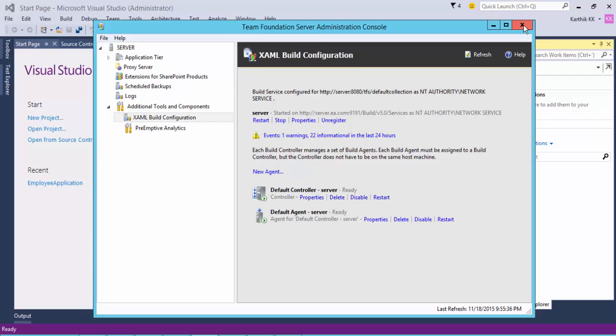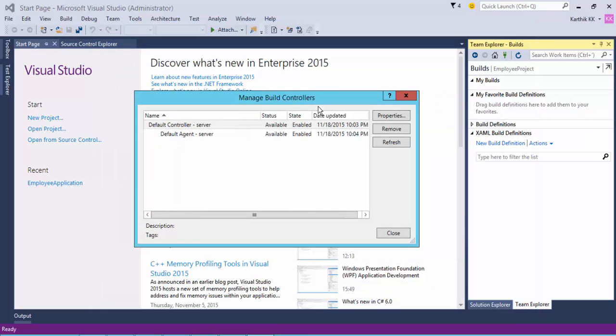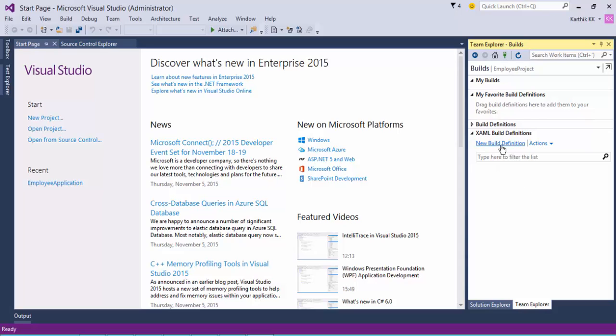So I'm going to just close this thing. All right. And then I'm going to close this window as well. Great. So now we are ready to create our new build definitions. So what I'm going to do is I'm going to click this link,